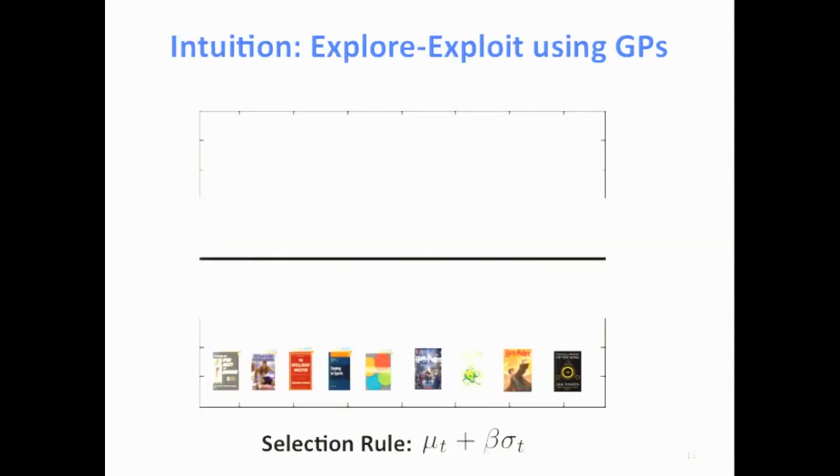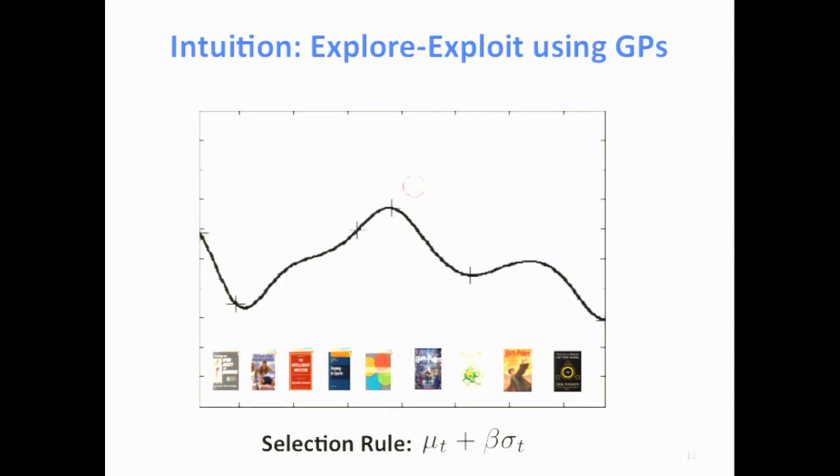So this is the intuition when you want to select just a single item. The boundary, the gray boundary is the confidence around your predictions, and the black line is the mean of the current predictive function. So the selection rule that selects a single item is basically the mean, the current mean, plus some multiple of the standard deviation. And this is for a single item, and what we want to do is select lists, not just single items